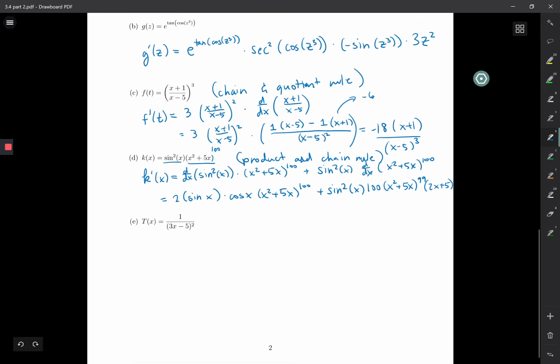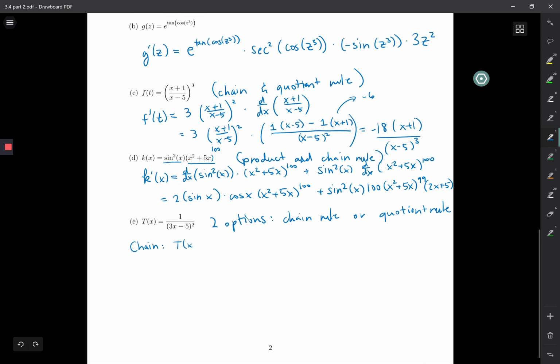Yeah, so that's that. And then in this last example, there are sort of two options. You could either use the chain rule, and I'll show you how to do that, or you could use the quotient rule. And personally, I prefer the chain rule, but we'll do both ways so that you can see both. So first, if I want to use chain,